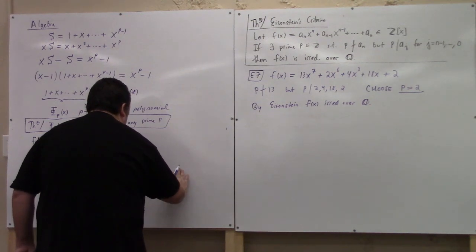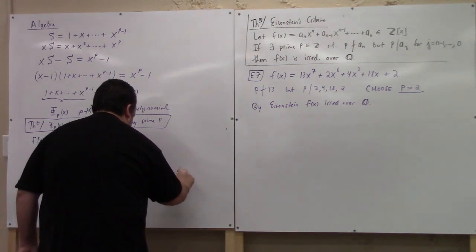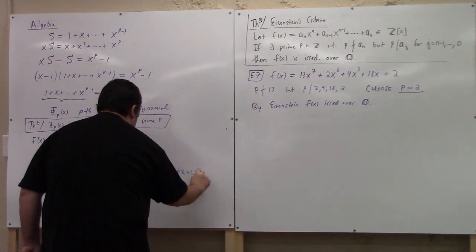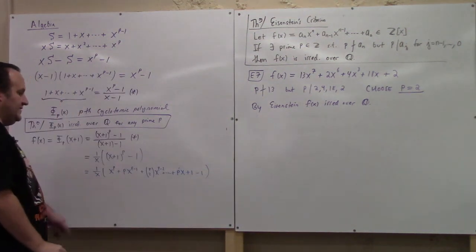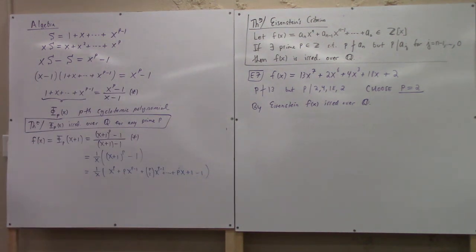Well, I'll write the 1 right before that. Then you get p, over x plus 1 minus 1. So I'm using the binomial theorem. So the coefficients in the binomial